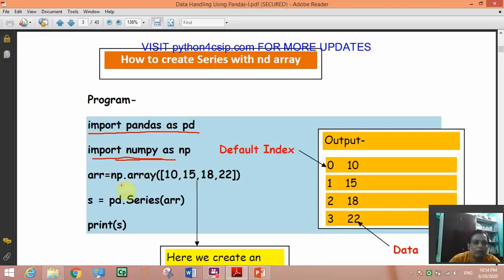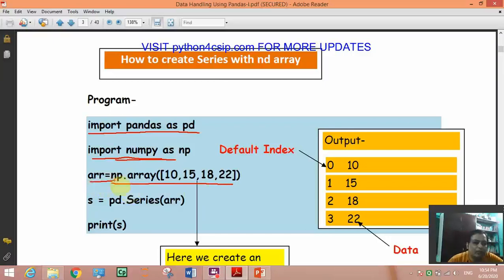First you have to create this array. np.array, array is a function that creates an array. So here 10, 15, 18, 22, 4 elements are there in the array. So the array is created here.